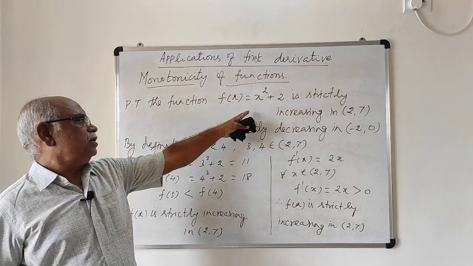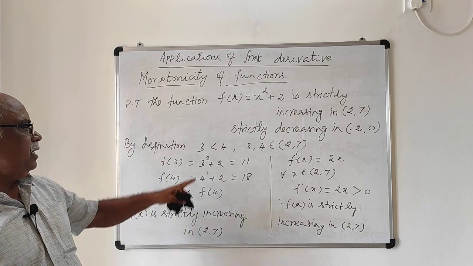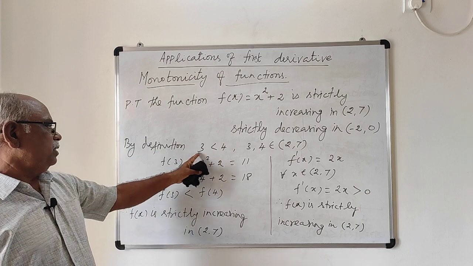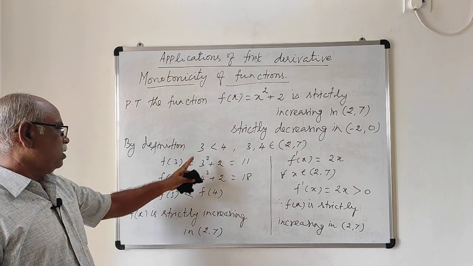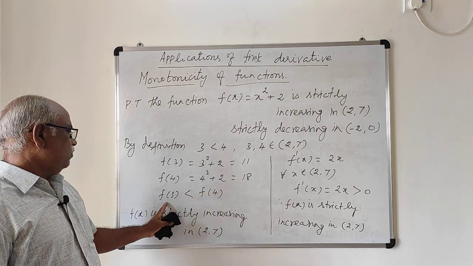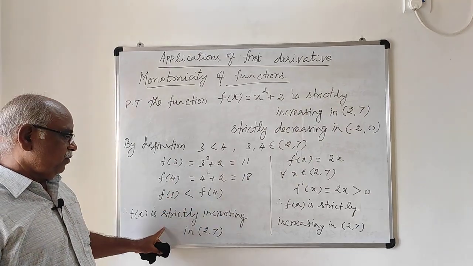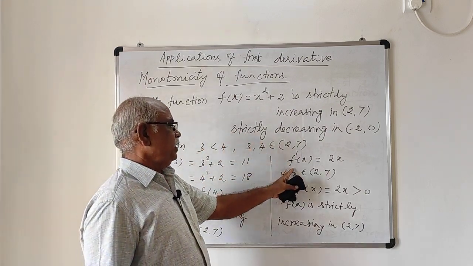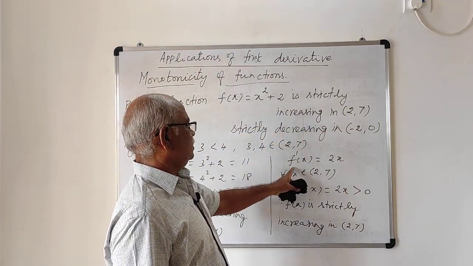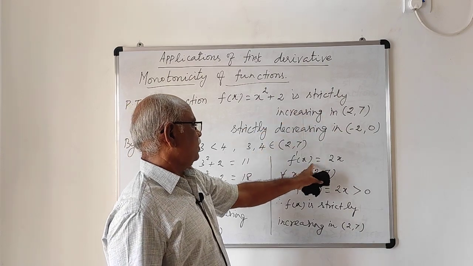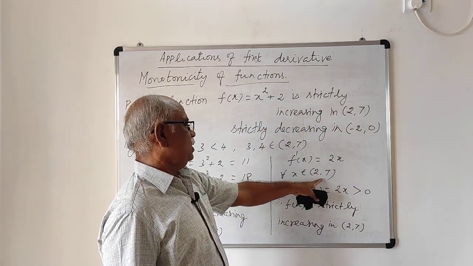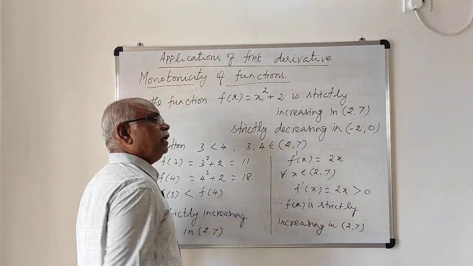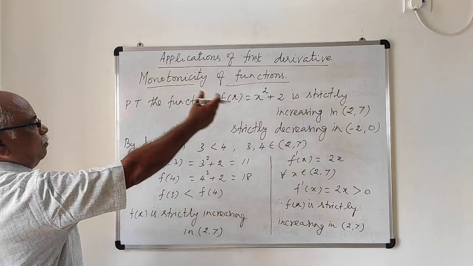So the first condition, strictly increasing in the interval 2, 7, can be derived using both the definitions. By definition, taking 2 points in the interval, if x1 is less than x2, then f of x1 is less than f of x2. If that is the case, f is strictly increasing. Like that, finding the derivative of f of x, f dash of x is 2x, and the derivative of 2 is 0. For any x in the interval 2, 7, f dash of x is positive. Therefore, f of x is strictly increasing in the interval 2, 7. Similarly, we will see